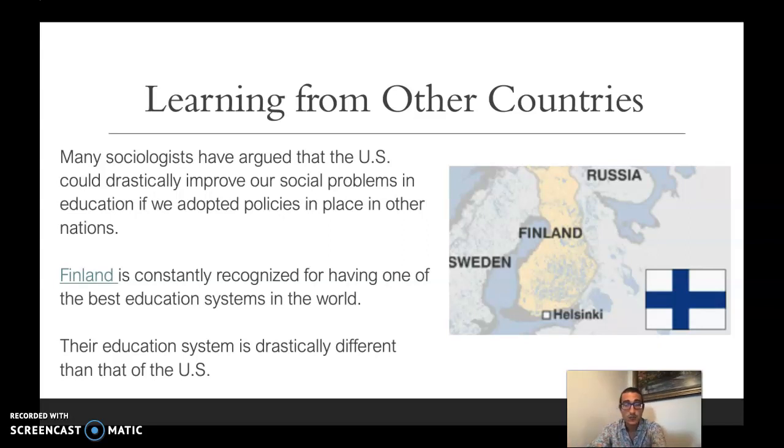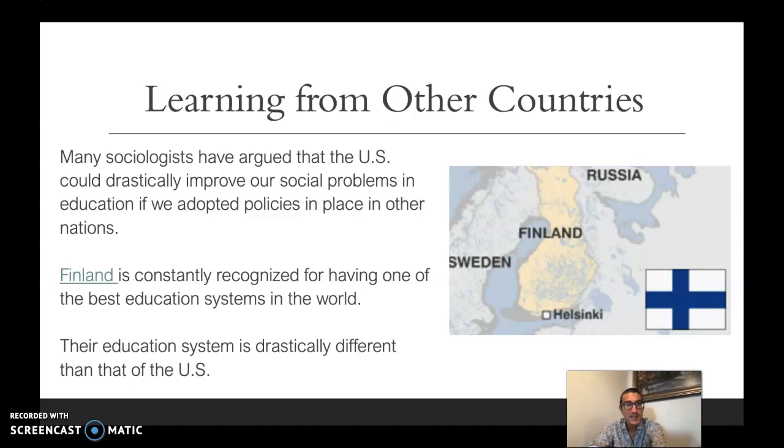Finland is one of these countries that really has a very different stance on how education should be treated in comparison to the US. Many sociologists have argued that the US could drastically improve our social problems in education and many other social problems, because if we recognize that having access to a quality education is a driving factor that contributes to the likelihood that a person is able to achieve upward social mobility, arguably, if we solve our problems in education, we could solve a lot of our social problems